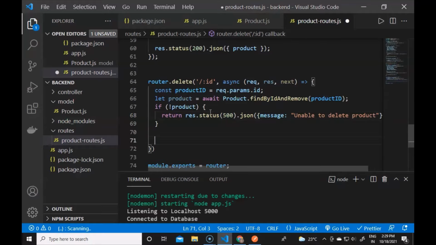So if the product is not deleted, this message will be shown that unable to delete the product.